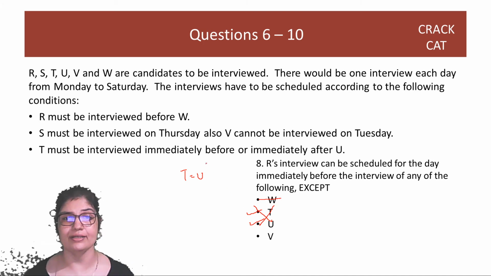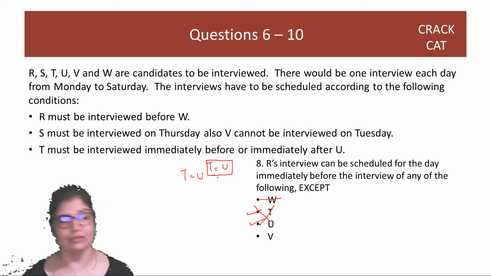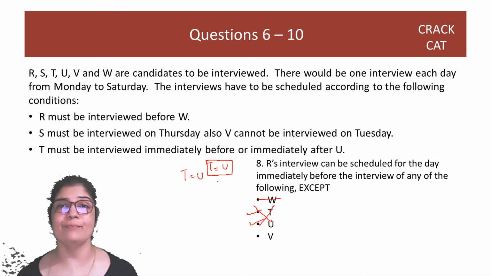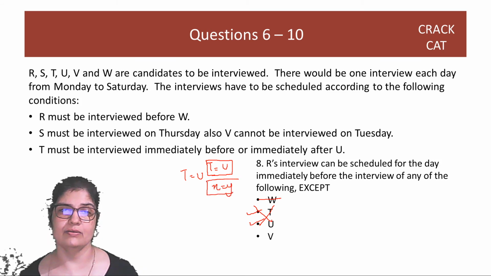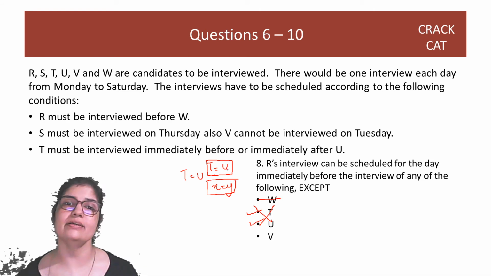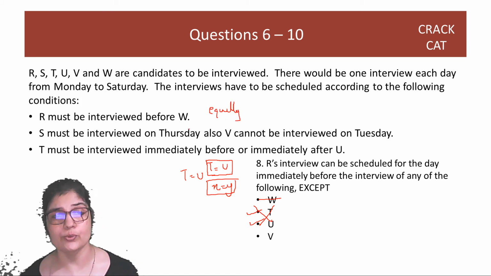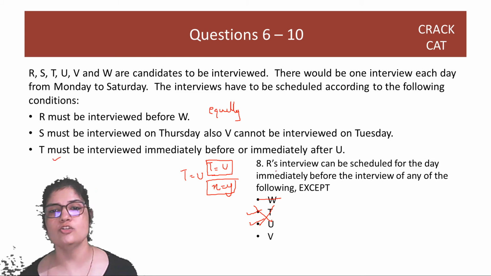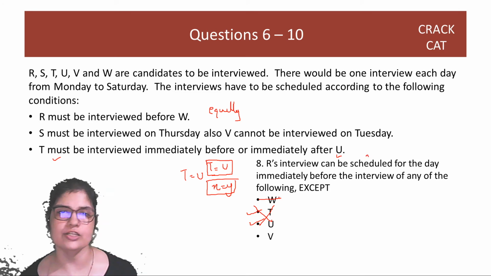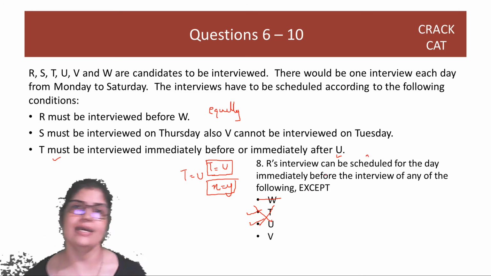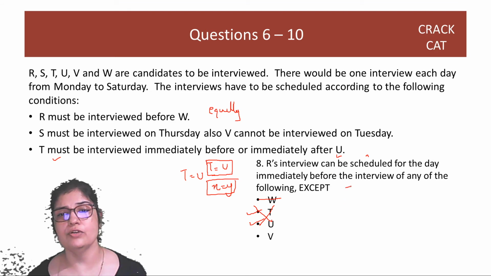This is a very important trick, guys. It's nice and convenient. It also is not just applicable in LR, it's also applicable in math. That if 2 variables X and Y are similar, they may not be equal, but they are treated equally in the question. Here T and U are treated equally. There is no distinction made between T or U. So if something works for T, it has to work for U also. See, the question sometimes may distinguish, but maybe here there is no distinguishing. Question doesn't say anything about T or U. So what works for T would work for U.